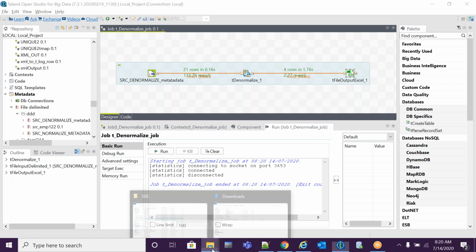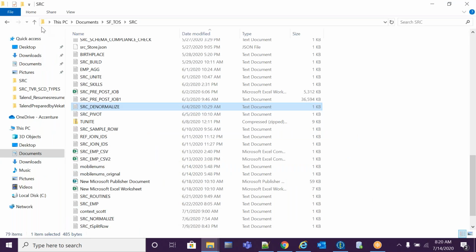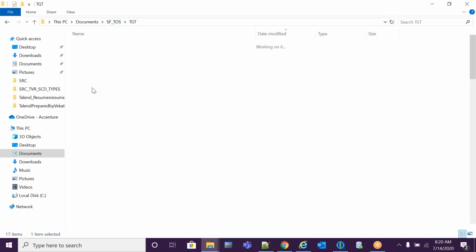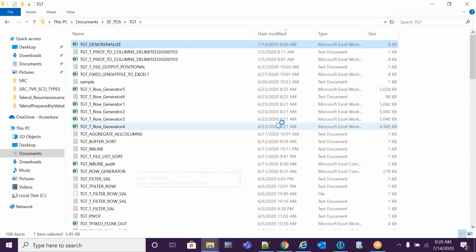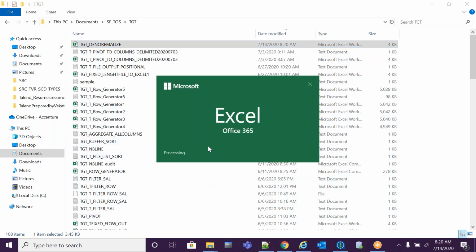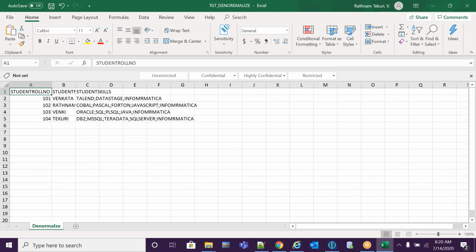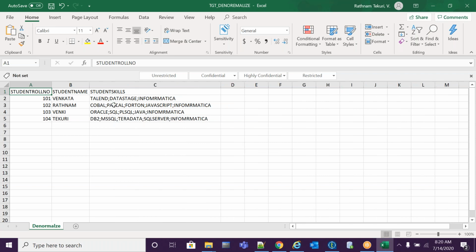Let me open the Excel output, TGT denormalize. See, it's open. Student roll number, student skills, delimiter semicolon. Any doubts? I have given the sheet name denormalize, so it's displayed.